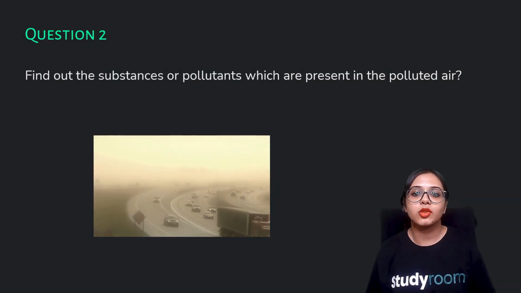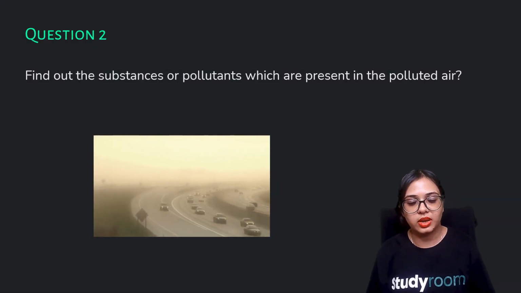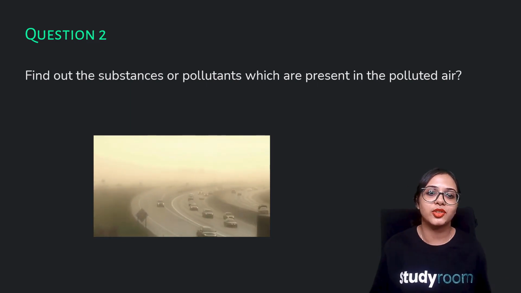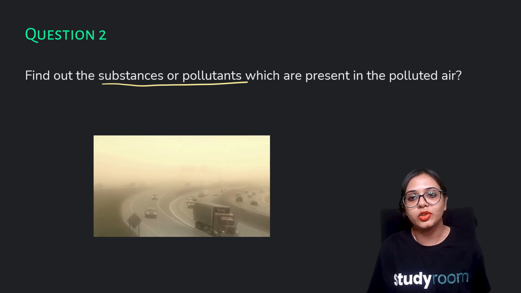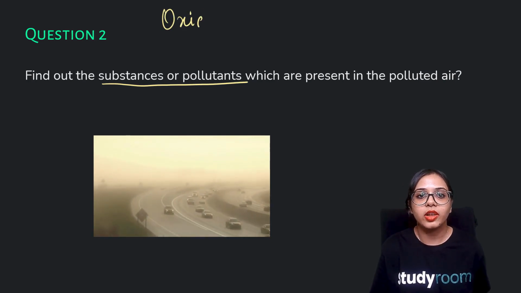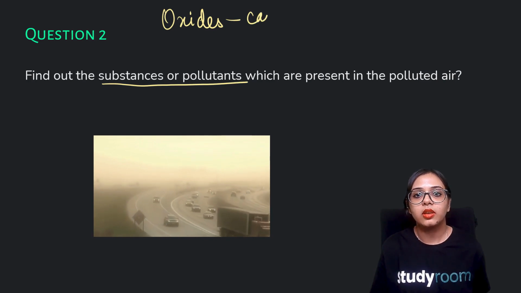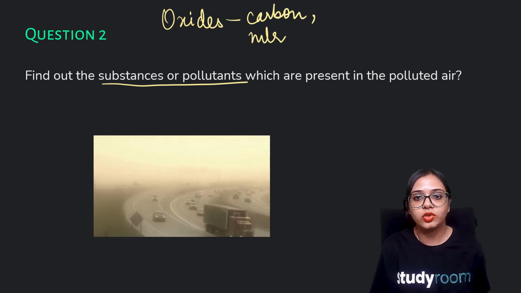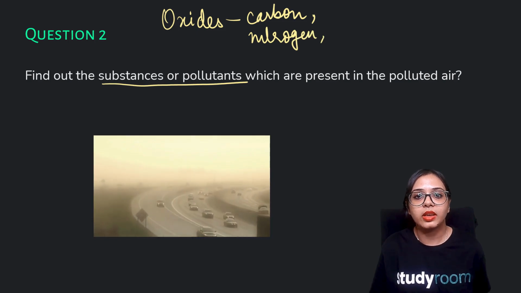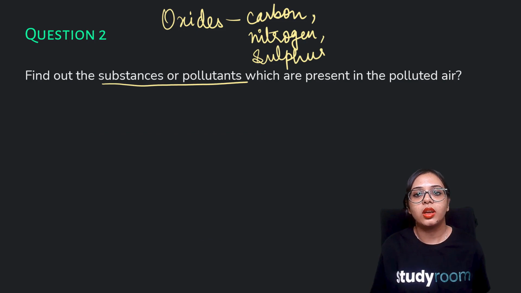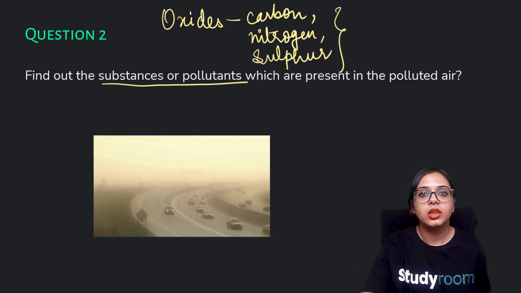Find out the substances or pollutants which are present in the polluted air. I have already answered this, but I'll be repeating it. The substances or pollutants present in polluted air are mainly oxides of elements such as oxides of carbon, carbon dioxide, carbon monoxide. They are oxides of nitrogen, oxides of sulfur, and they are very harmful for our